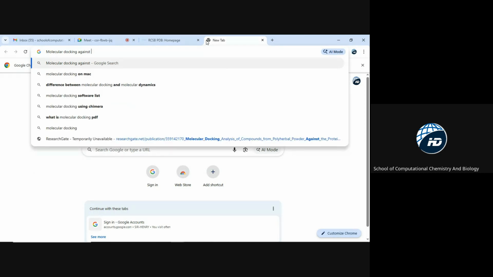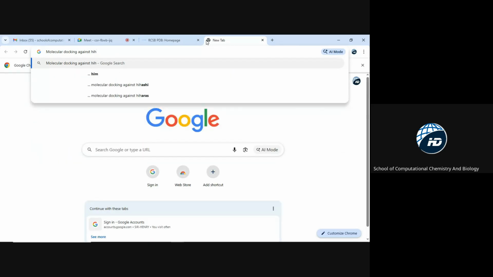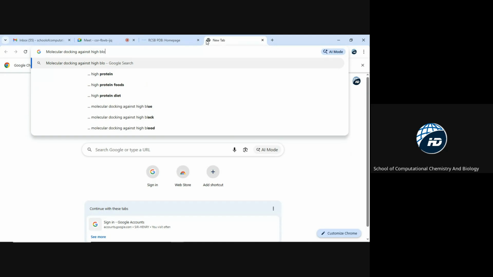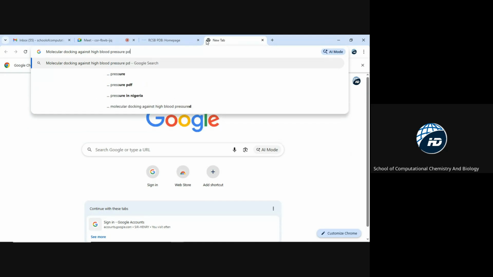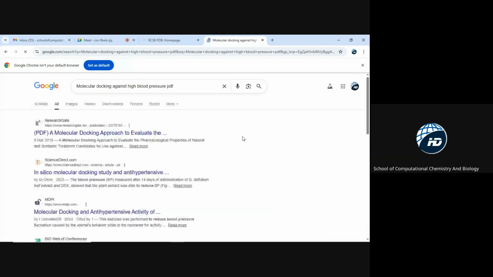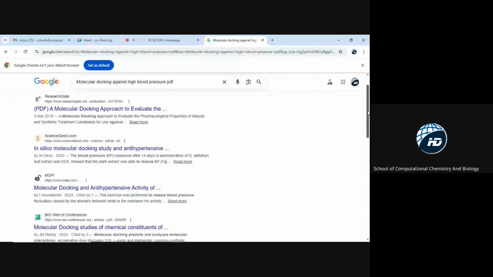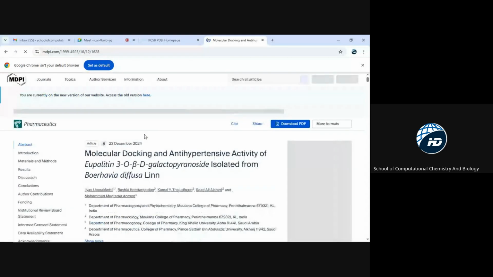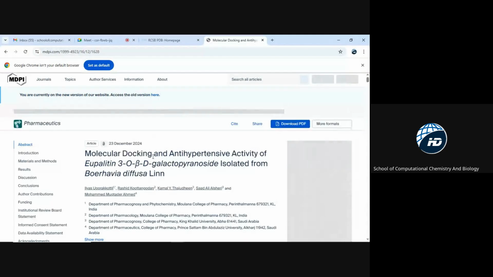So we just search, and see if there is some work that has been done on antihypertensives. So I may not be doing a random search. So this is molecular docking and antihypertensive activity of